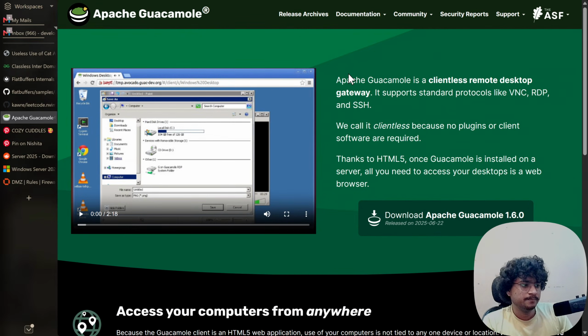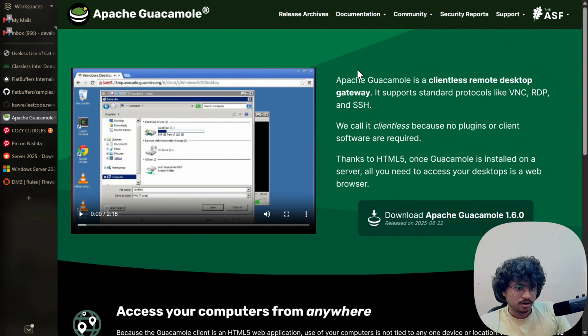This open source application is a clientless remote desktop gateway. We can launch an operating system in the browser, and that operating system will exist on our backend.